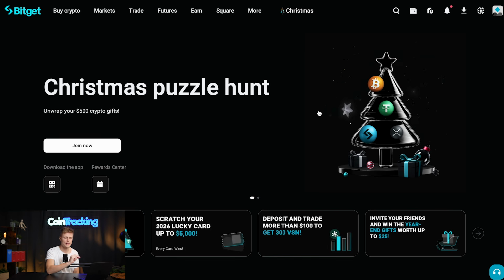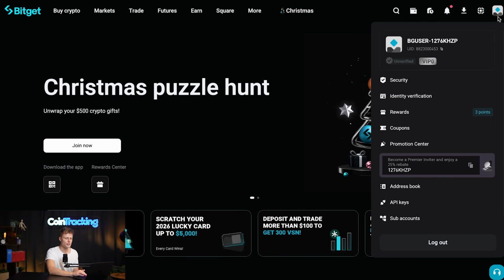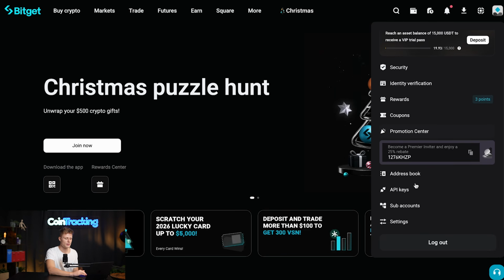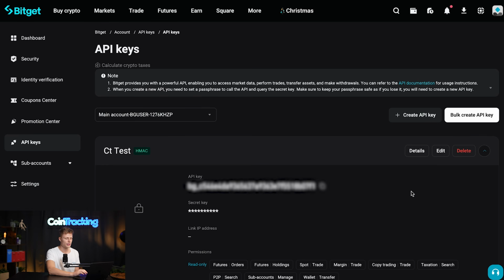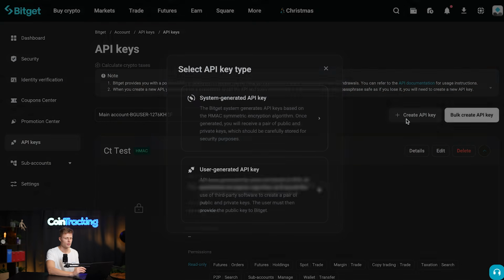Now, if you are on bitget.com and you're logged in already, we are logged in here, we prepared. Then to obtain your API keys, all you have to do is click on your user icon on top right, scroll down a little bit, and then you will see the API keys. Click that. Now, this is the page where you can create your API keys, and on the bottom we see we have already implemented one of the API keys as for testing, but of course we will create a new one here. All we have to do is create API key, click that button, and then we have to click